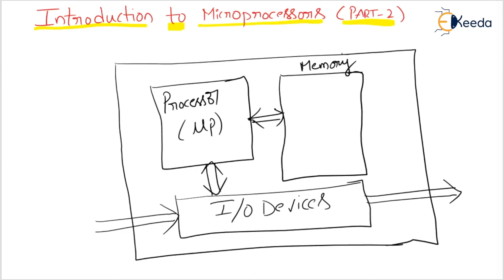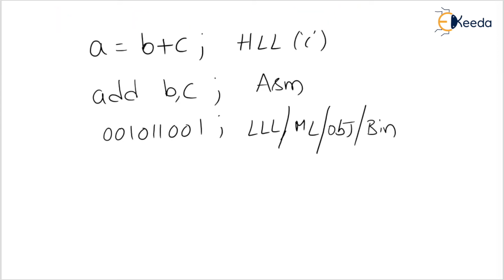Dear students, please pay attention that whenever I am typing a program, the program will be stored here in the form of binary format only. Whenever you are typing the program, directly that program will not be stored in the memory as add A comma B, multiply B comma C. No. Whatever program is written here will be stored in binary format only. Who will convert that into binary format? Please, students, tell me.